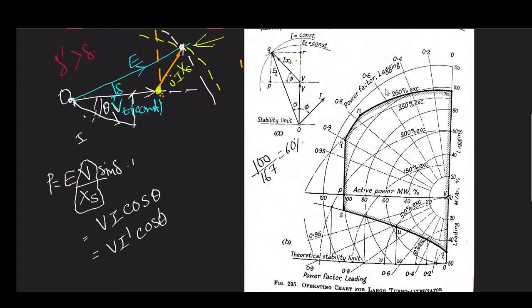So here you can see that this 60 gives us the value of the current that we are getting. Now for this 60, what we can do is